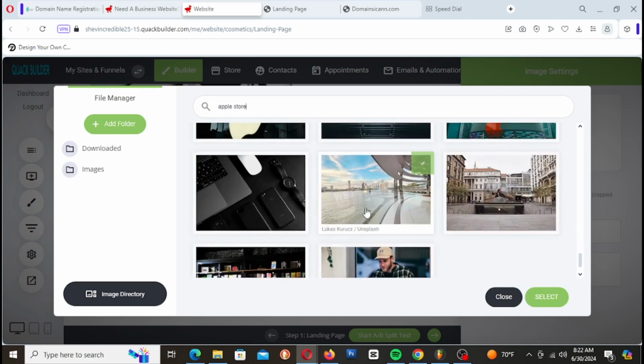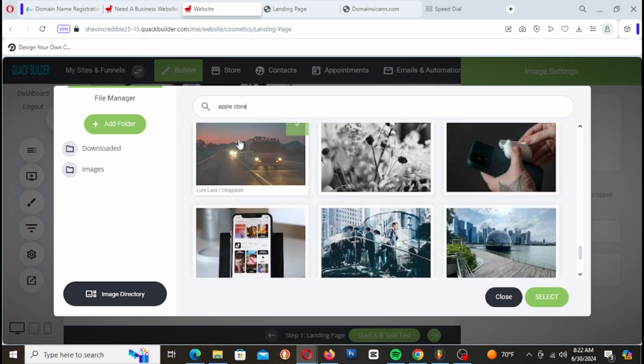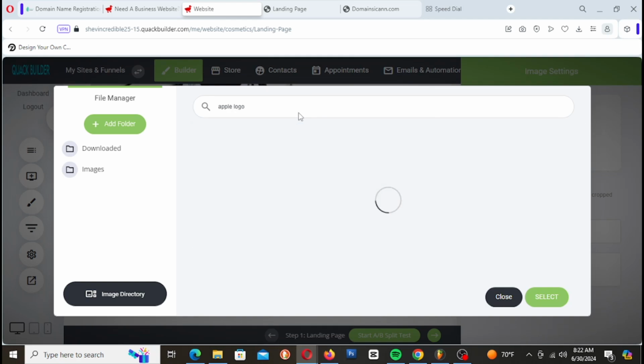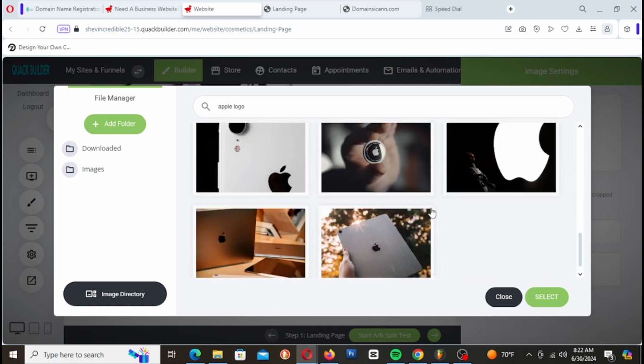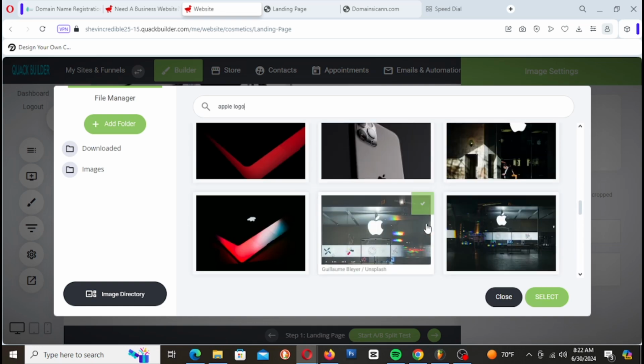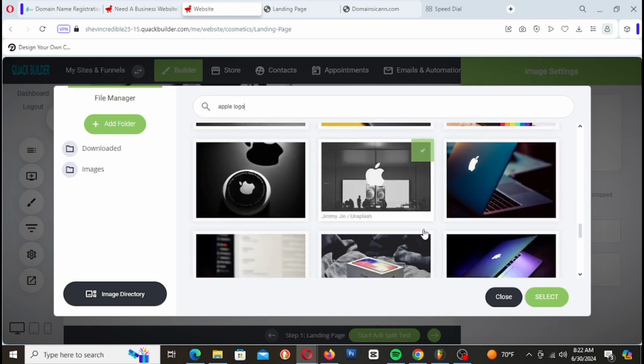All right, anyway, so let me scroll down, see if I can find something. Let me take this off and say Apple logo. Cool. So let me scroll down,